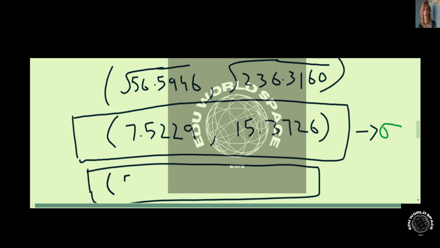And this over here, 56.5946, comma, 236.3160. This is the confidence interval for our population variance. I'm going to mark this one as